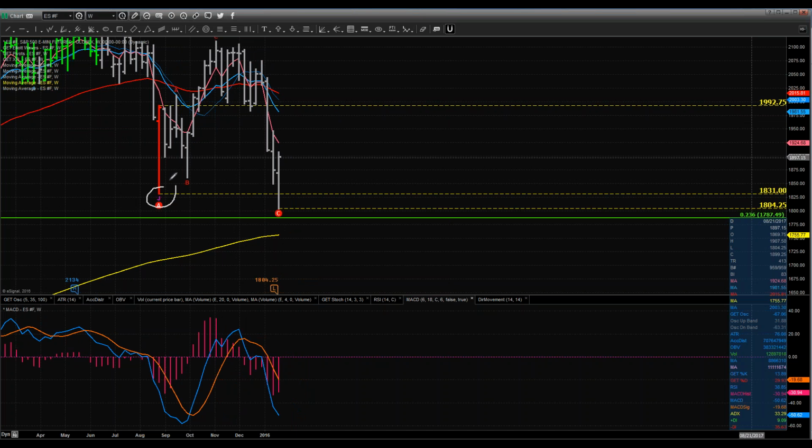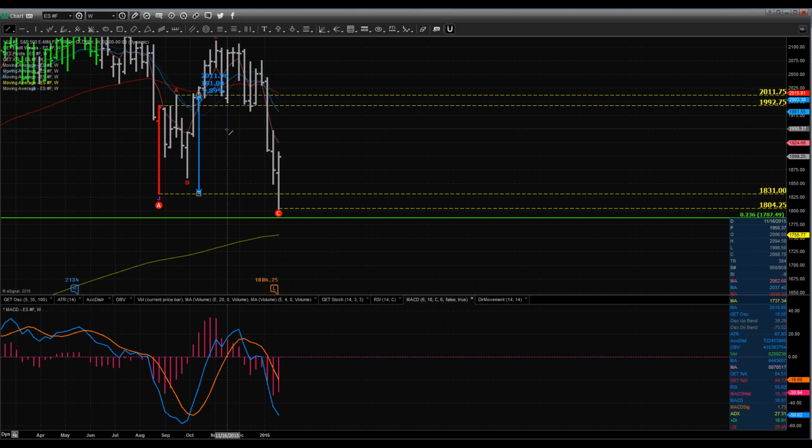You can see back here in August, we went down to 1831, and we actually moved all the way back up over 2000, right? So we had a nice snapback rally. In fact, let me put a marker on it to show you guys right in that area there. And then if we come in here and measure that move, just from a symmetry standpoint, right about there. So that was the run right there, that snapback rally. It was about